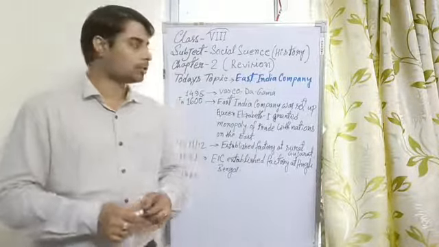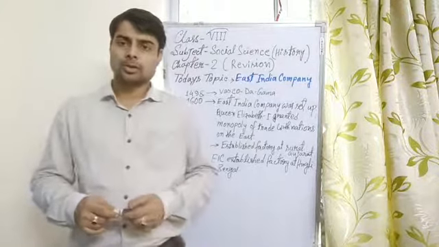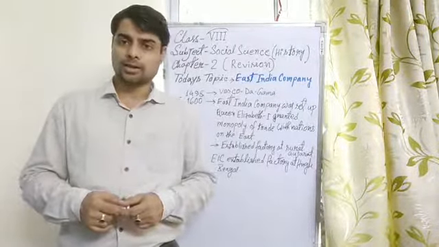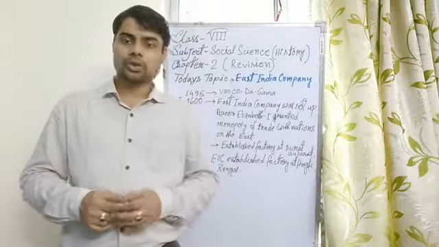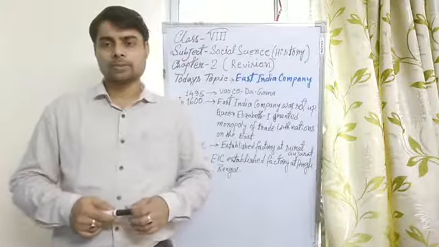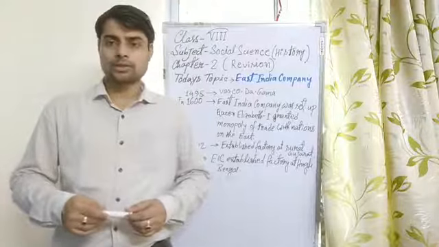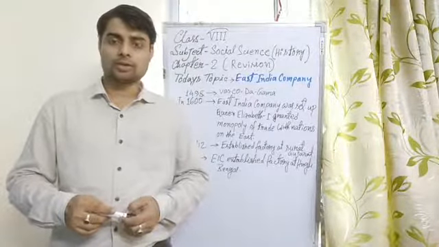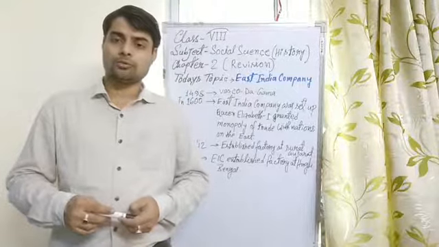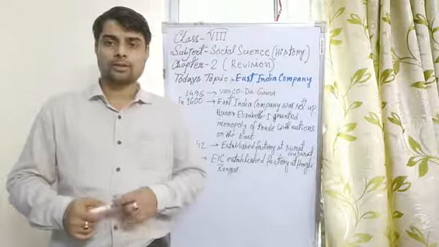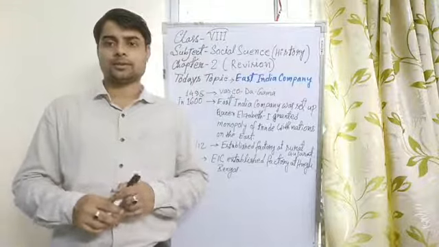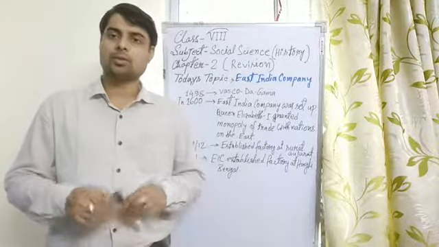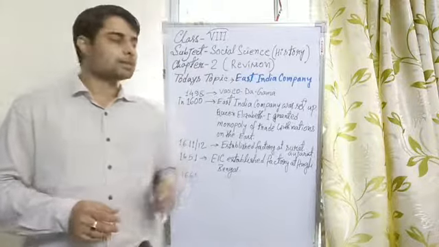So at the time when a British captain visited the court of Jahangir, they proposed that if we suppress those Portuguese sailors and pirates, clear the Indian Ocean region for open trade and make this Indian Ocean region secure for the Indians and other foreign sailors, then what will be our reward? Then Jahangir